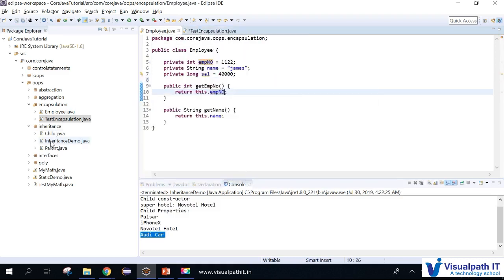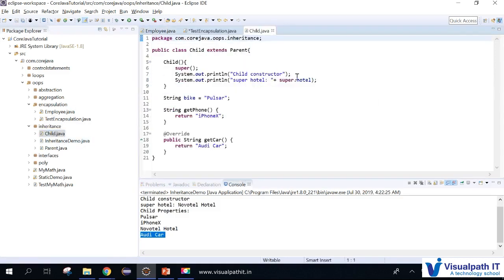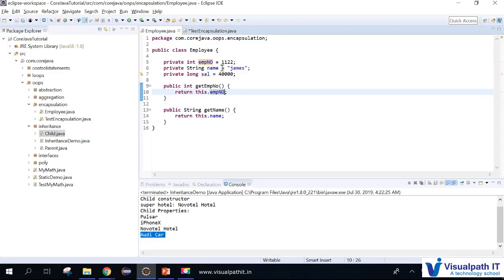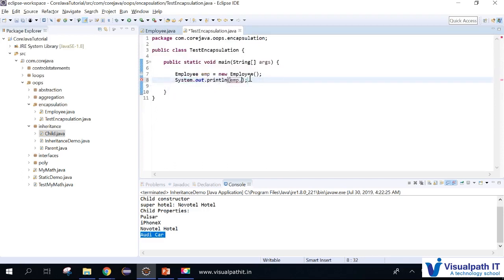Suppose if you see the parent and child, you are able to access the properties of hotel and all directly. Here it is not the case, though with bike and all you can access directly. It is not allowing all the values because of the keyword private. So the way to do this is we can call getEmpNumber,